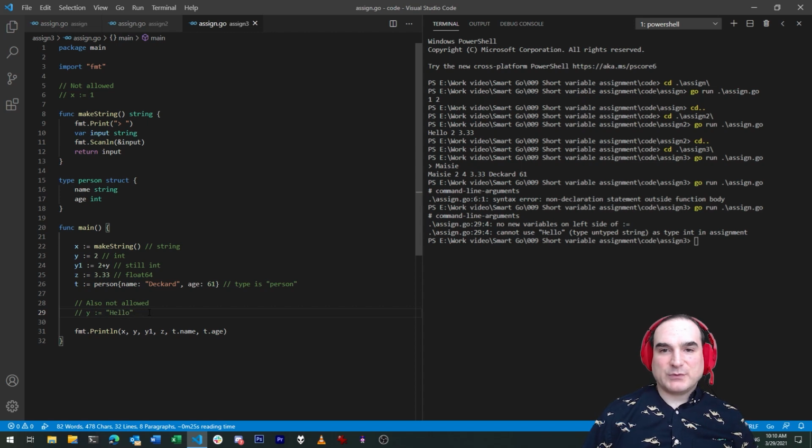What's most crucial with the short assignment form is when it makes the most sense to use it. Short assignments work best when they satisfy two conditions. First, that it's not hard to infer at a glance what the type of the variable is going to be, typically because it's assigned to a constant or a function that has a very obvious return value. The other condition is when the variable in question is transitory, when it's just holding a value long enough to do some interim function level processing, and where the type of the variable isn't likely to be important to know elsewhere in the function or in its return.